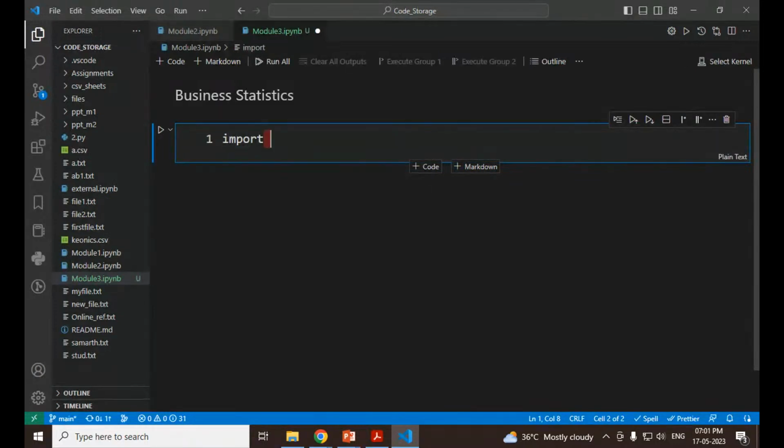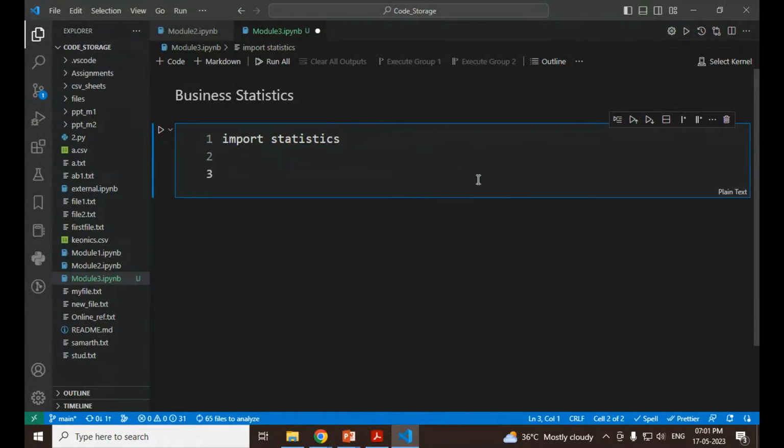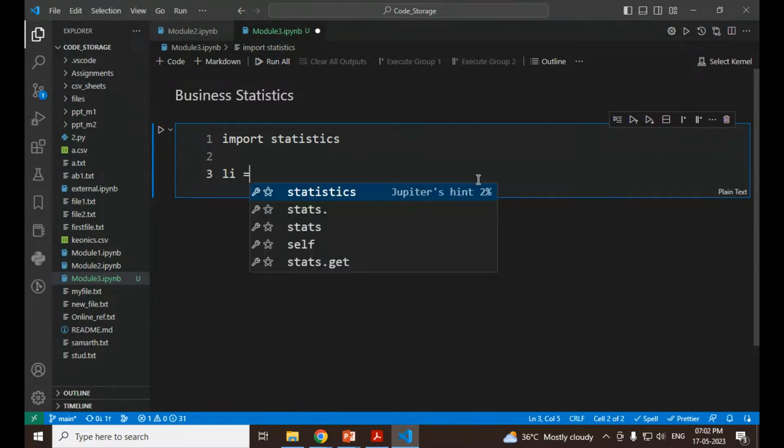Okay, I need to import statistics. Then I need to have a list of data. Okay, list equal to